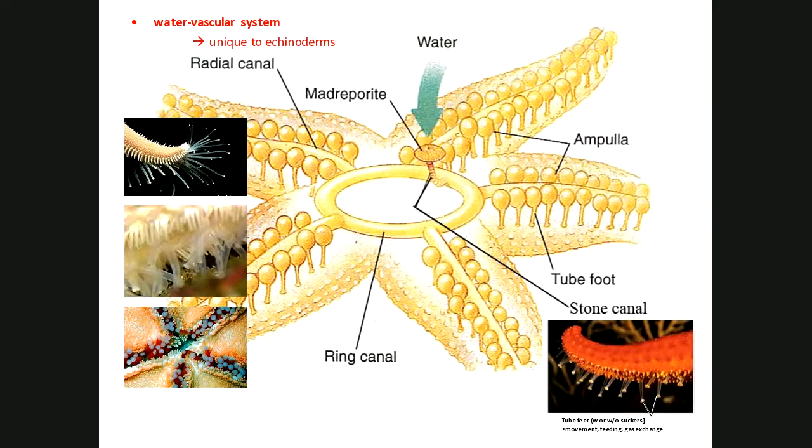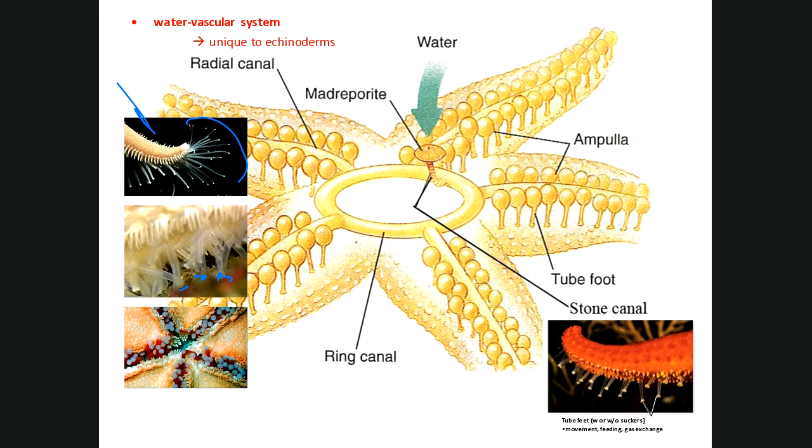All right, so what is going on there, you can see, like in this picture here, if they take water and force it out into the ampullae, so they increase that hydrostatic pressure, those ampullae will expand because of the water pressure. So this critter could be reaching out, right? Could be reaching out. So at the end of these ampullae, there are these little tube feet. And they can use those tube feet when they attach to something, and then they would draw the water out of the ampullae to create that suction. So these tube feet, if you look in the picture here, can actually stick to something. So they use these for walking along the bottom.